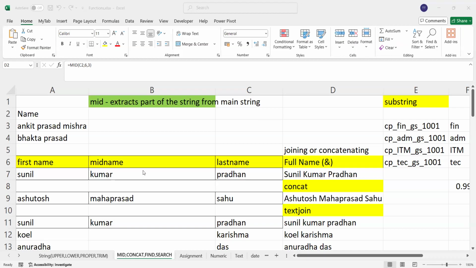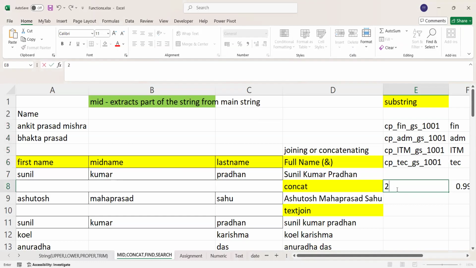Okay, it extracts part of the string from the main string. There are some examples I have given. Suppose here you want to extract the department name, you can use the MID function. Suppose there is a transaction code. Let's say the transaction code is like 2021